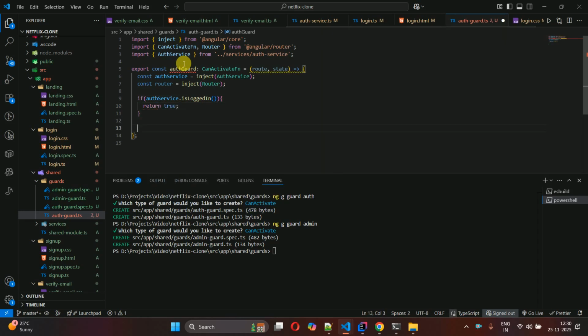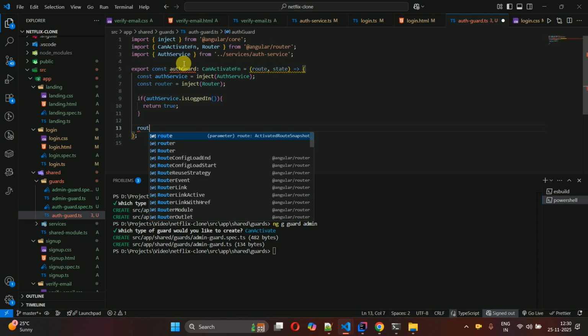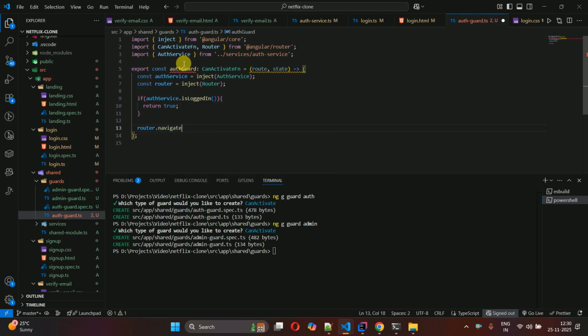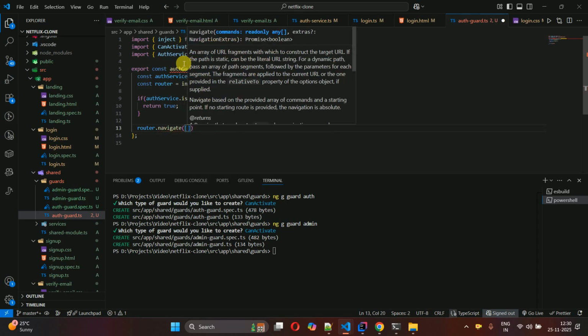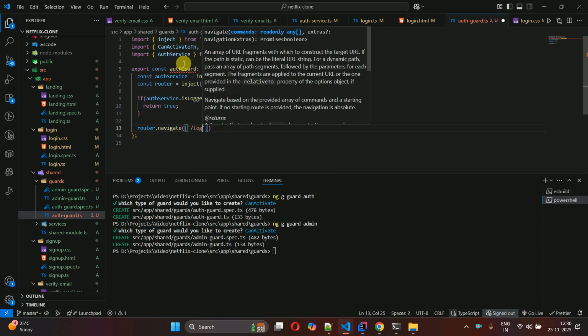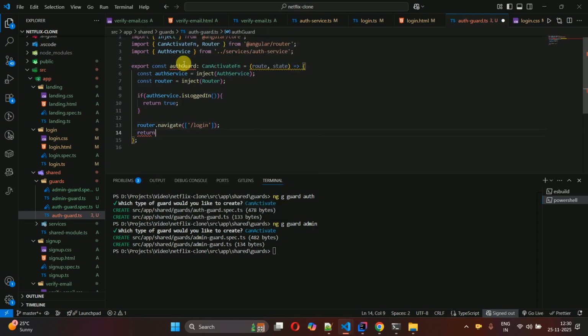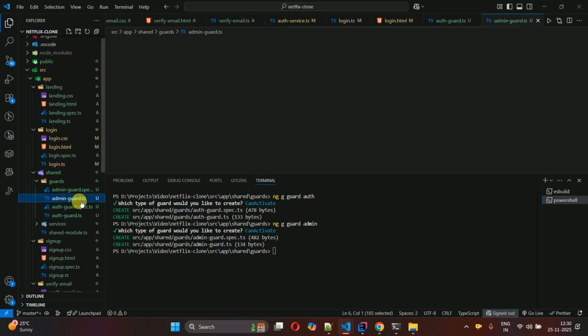If token does not exist, router dot navigate to the login page. Okay, so here slash login, and then we have to return false. Okay, and now let's copy this line of the codes, exactly this one, and go to the admin guard and